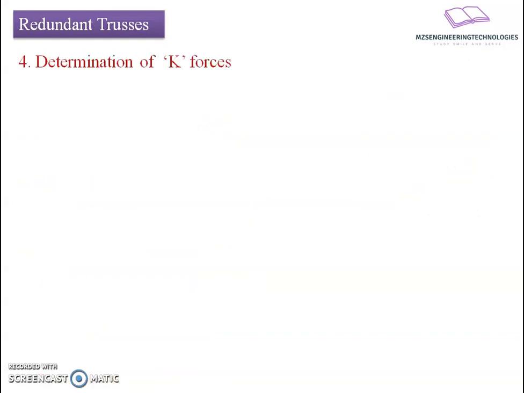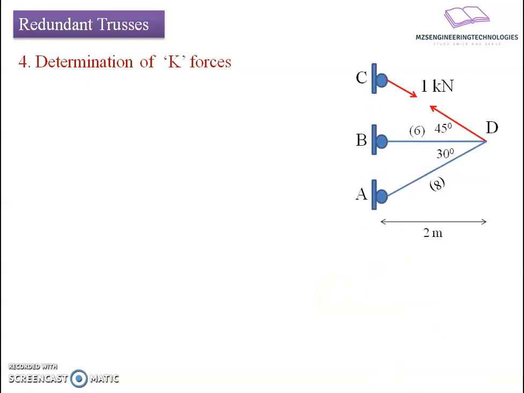Once we know the P forces in the members, let's move towards the determination of K forces, that is, the coefficient of redundant force. We'll use the unit load method. I will apply a unit load on the line of action of member force CD, in such a way that it represents the actual effect of the member force in CD. So I will apply 1 kilonewton at both joints C and D, in tensile direction. It's an assumption; one may go with compressive nature also.